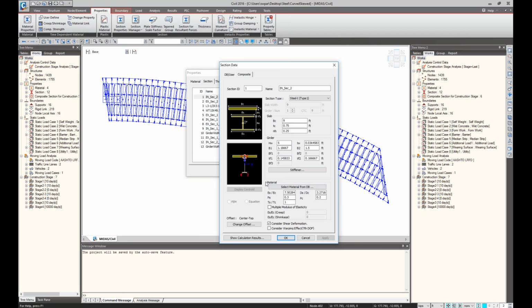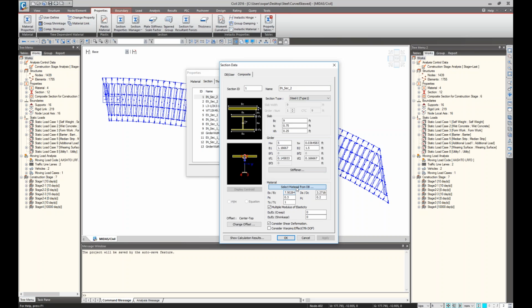One more thing about the girder sections: I need to point out the multiple modulus of elasticity. For the short term and long term, you need to consider the modulus of elasticity, so you can get these values. I know some of you, if you just use a normal concrete density, don't really need to calculate these portions. But